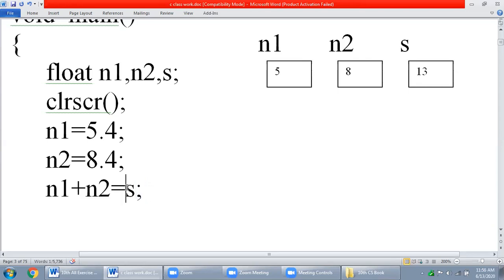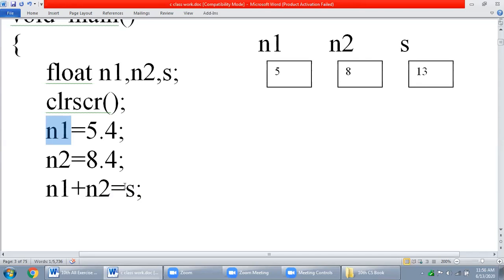So watch over here. I cannot place the equal sign just anywhere. Keep in mind, on the left side of the equal sign, there should be a single variable. On the right side, there should be an expression or a value. Here on the left side of the equal sign there is only the single variable n1. I can also place 8.4 plus 3.7 like this.